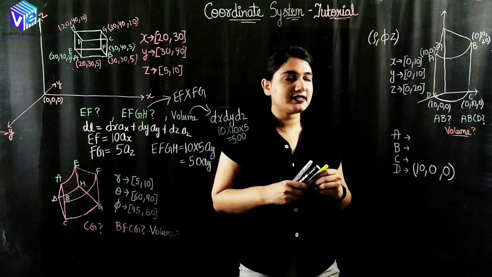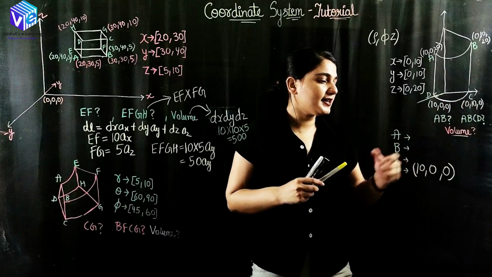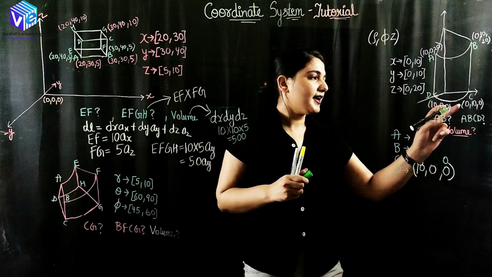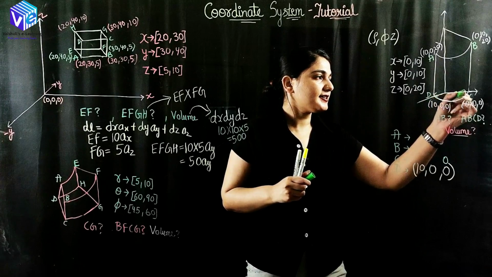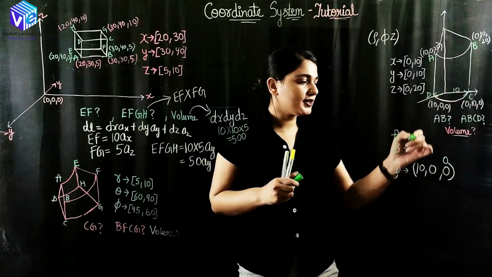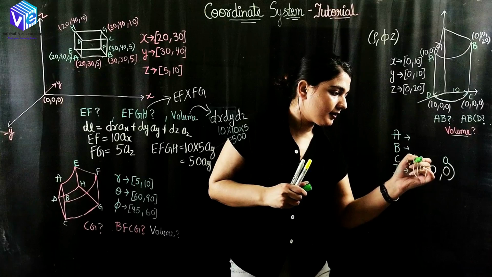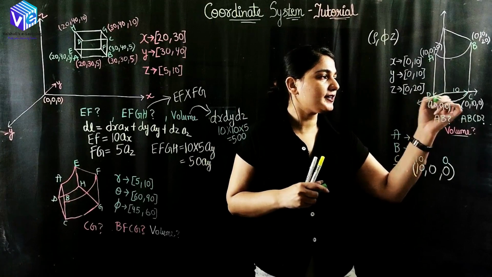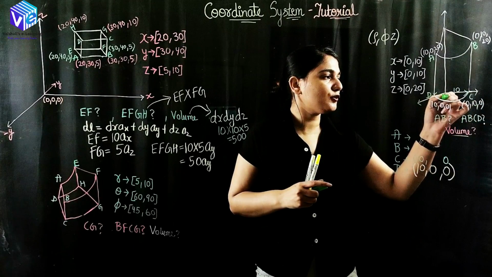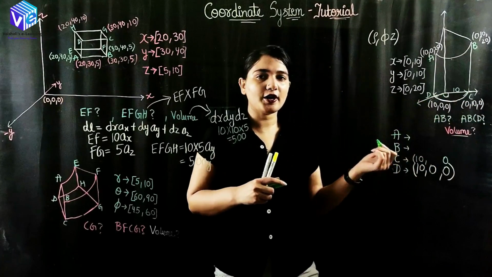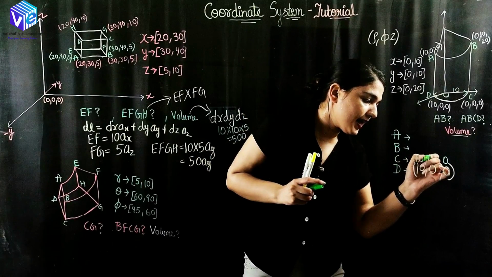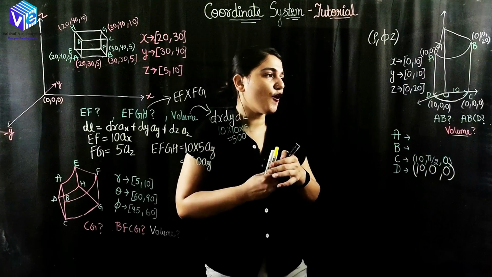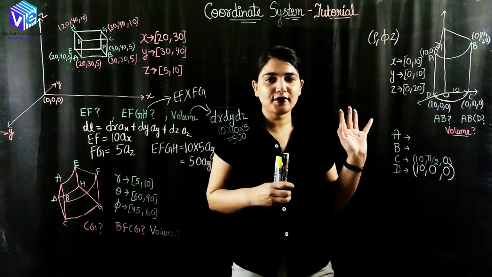Now moving to the point C. Again z is 0, so I can directly put z equal to 0. The radius is 10, so rho is 10. Now phi. Point D is on this coordinate axis and point C is on this one. We know the difference between the two is pi by 2, so I can write pi by 2 as the phi coordinate of point C. I hope now you understood it.